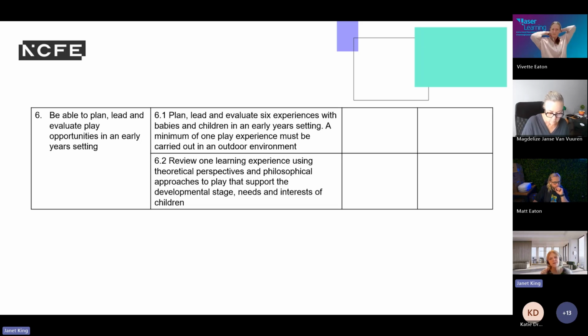And if we have many opportunities where you're thinking about planning, leading, and evaluating experiences, 6 experiences is your optimal that you're going for here. But you could also have opportunities where people are discussing and sharing what they do as part of their practice. So you might not necessarily be writing them all up, but you might have many discussions where you are talking about what you do, because you'll plan, lead, and evaluate 6 experiences in a day with young children because of that spontaneity of activities. But you're thinking about that and you're recording things as a minimum of 6.